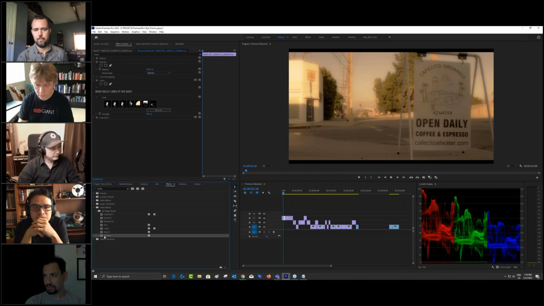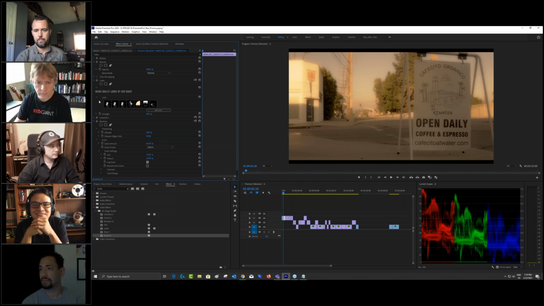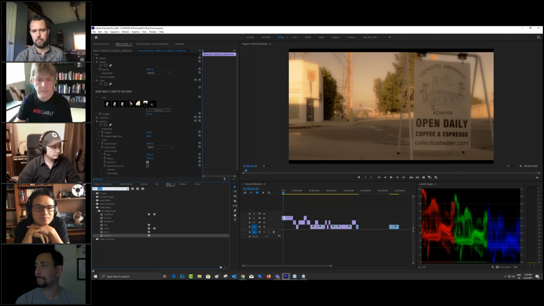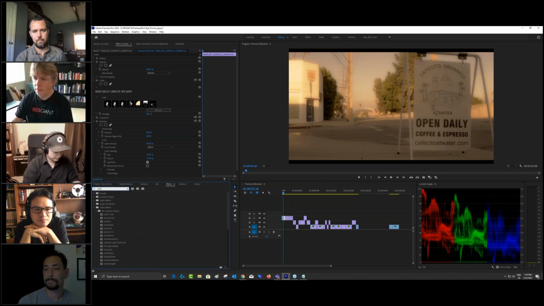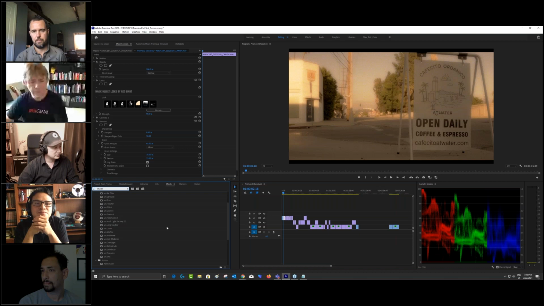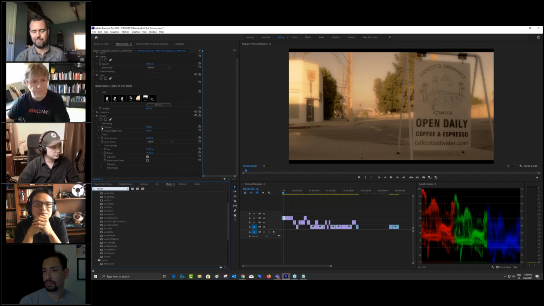And to make it more vintage, I will add Renoiser and just use one of the presets, like 16 millimeters. I can go even further by using Universe, for example, but I don't think Universe is in our scope of discussion today. But just to show you some